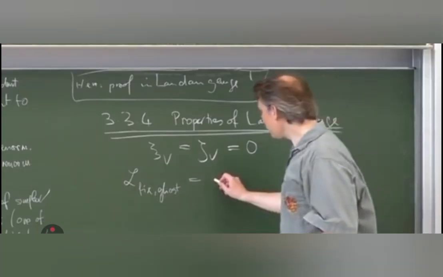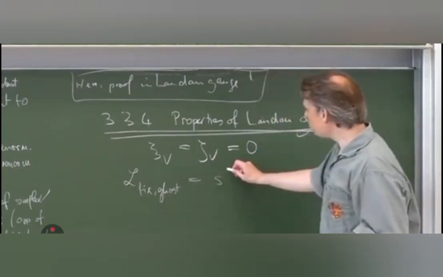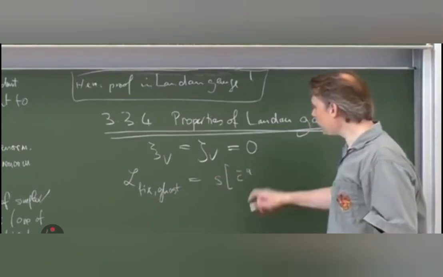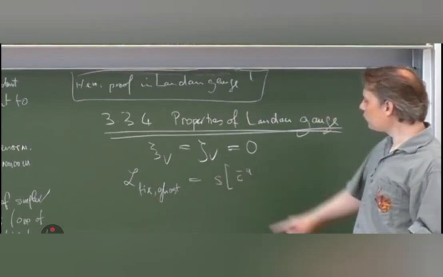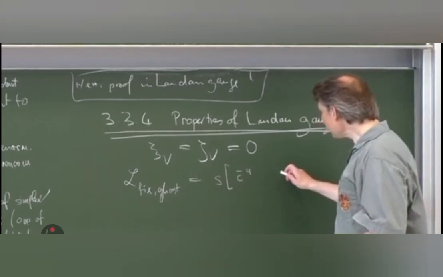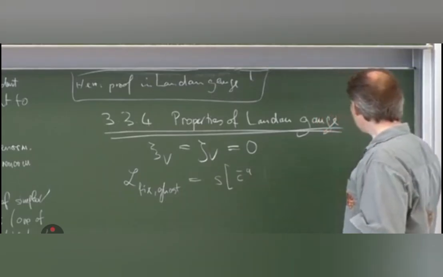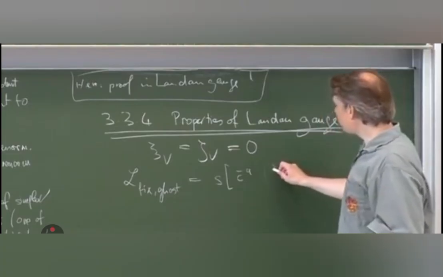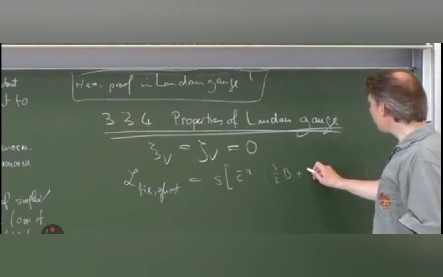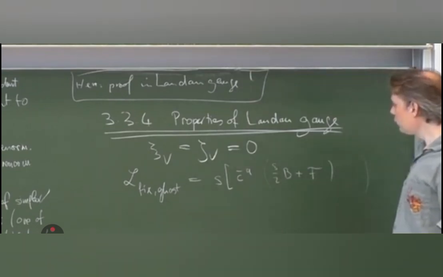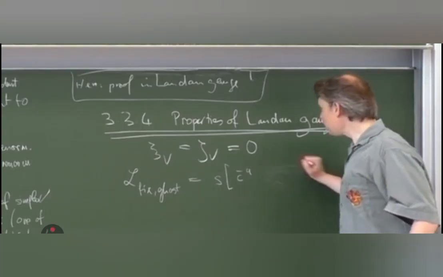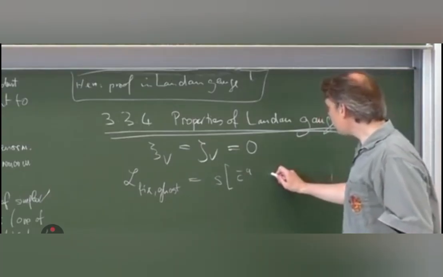So for this case, our gauge fixing and ghost term in total are always the total BRST variation of something, namely anti-ghost C bar times a gauge fixing functional. And previously it was always something like this: psi over 2 b plus some other functional f. And now the psi over 2 times b term is not here, but instead we simply put the gauge fixing term like this: